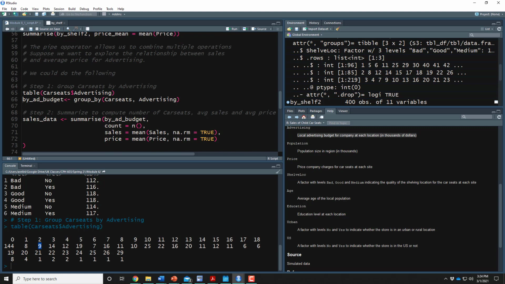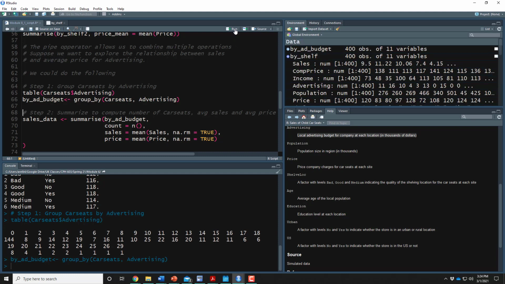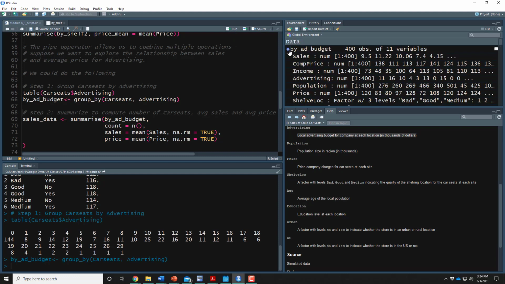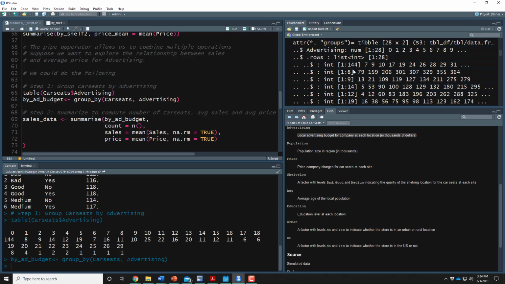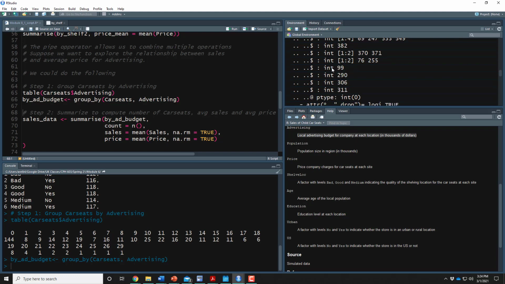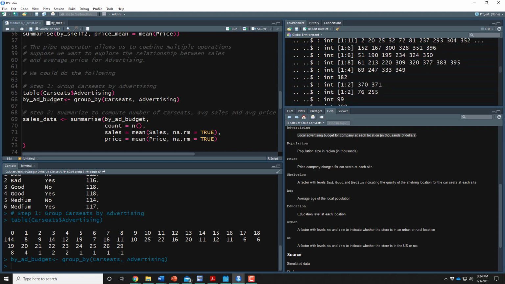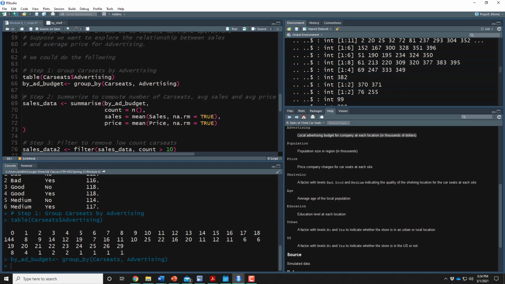So the first thing I'm going to do is I'm going to group the car seats by advertising. So if we look across here, making sure, let's see, so I got 26, 27, I've got 28 different levels of advertising here. So I'm going to end up with 28 different groups. So again, if we look at by ad budget here, if we go down and we look at the tibble, we can see that there are 28 different groups that it creates, and it stores the data for those 28 different groups. So the next thing I would need to do is